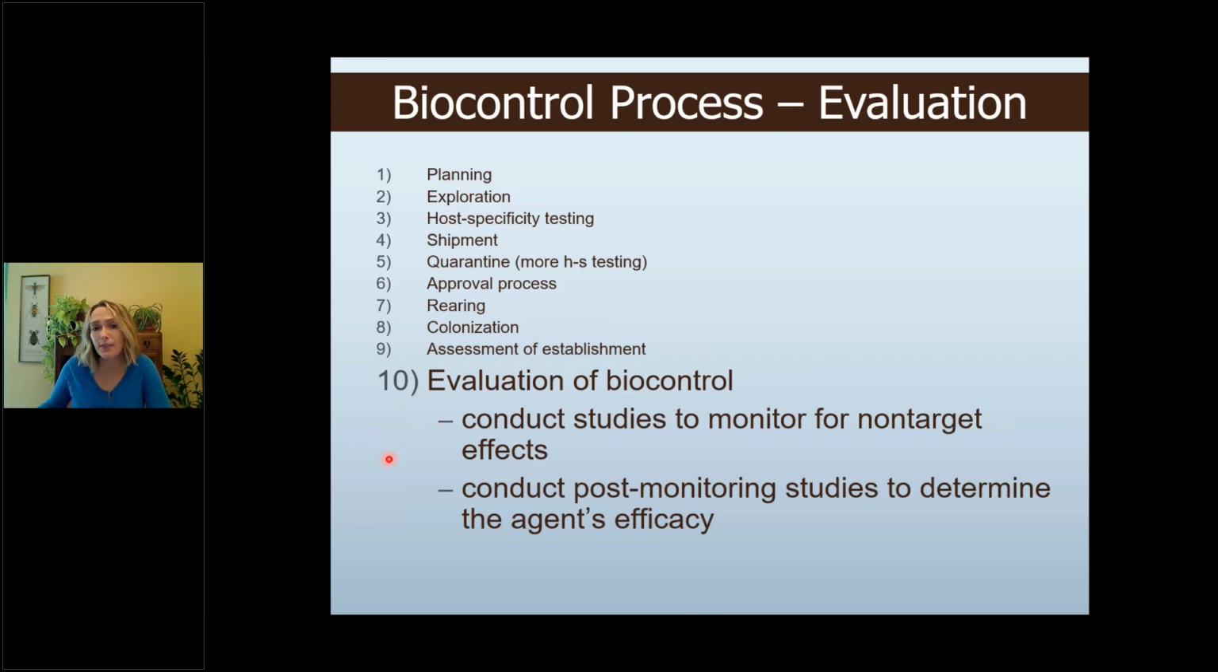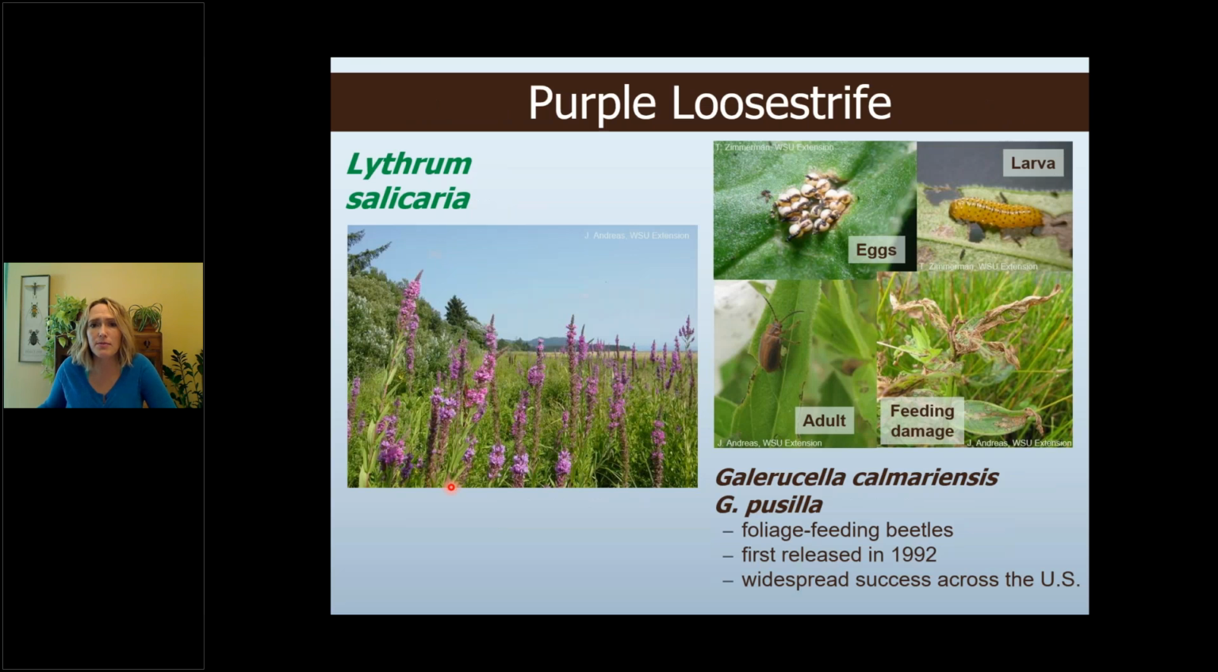Unfortunately, there's rarely any funding for this kind of thing because we move back up to here with another species. But evaluation is really critical. So we can say, was this biocontrol agent ultimately effective? I don't have a lot of great aquatic examples of this process, but I did want to mention